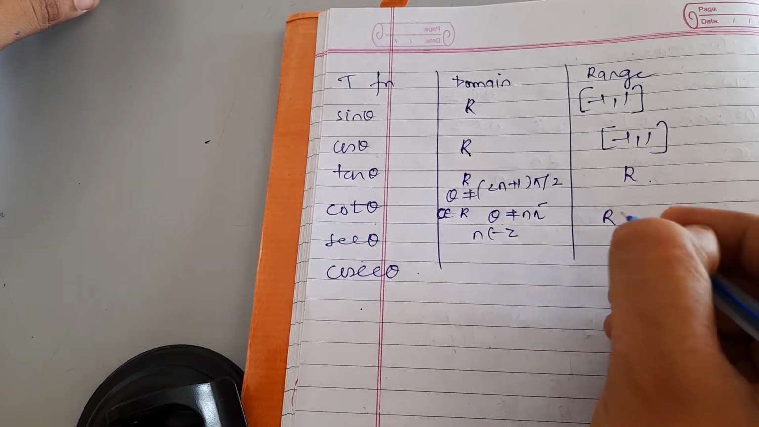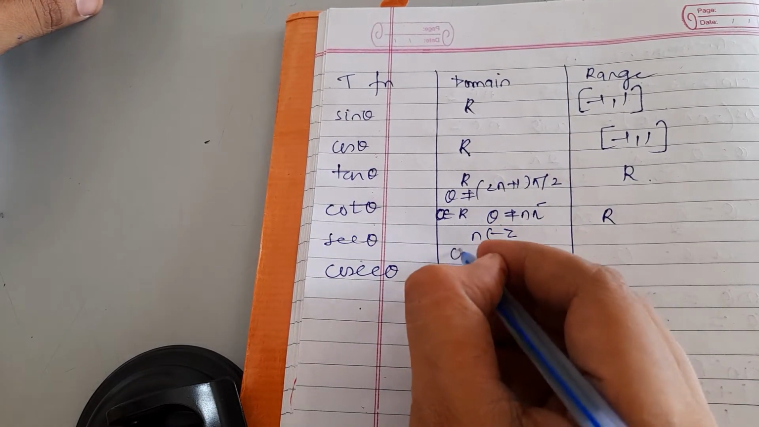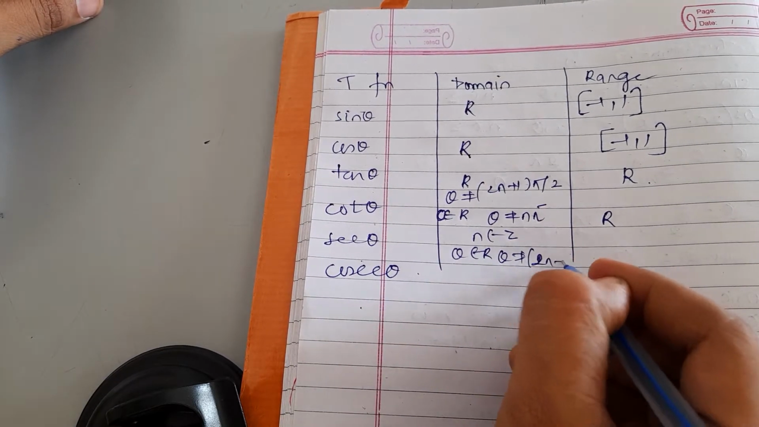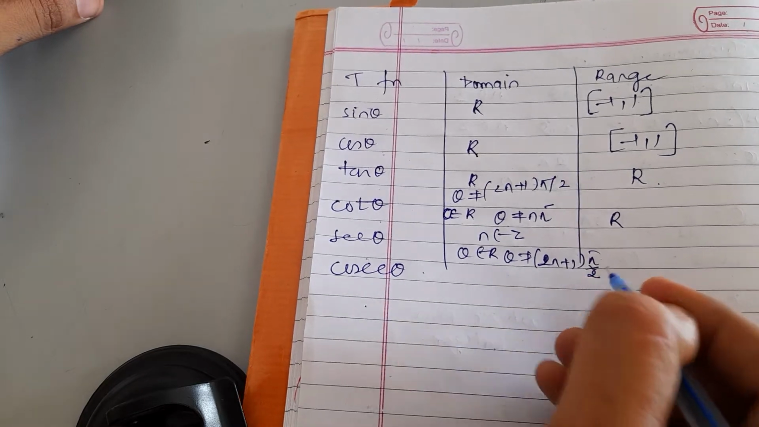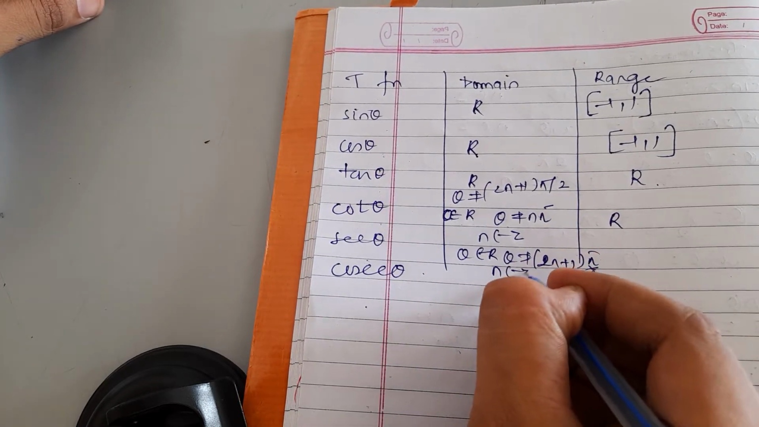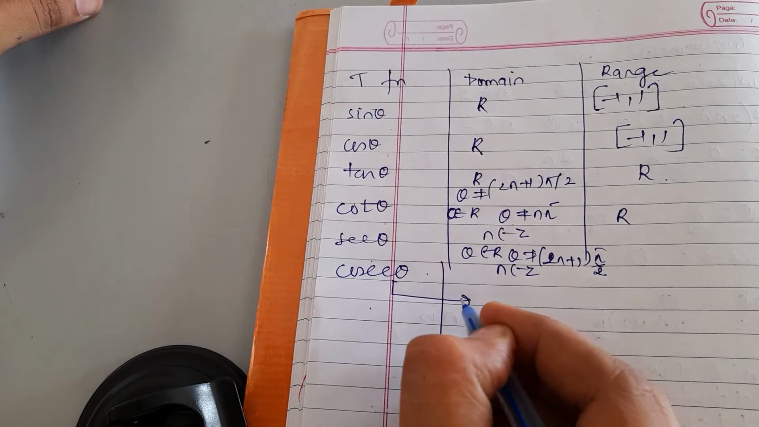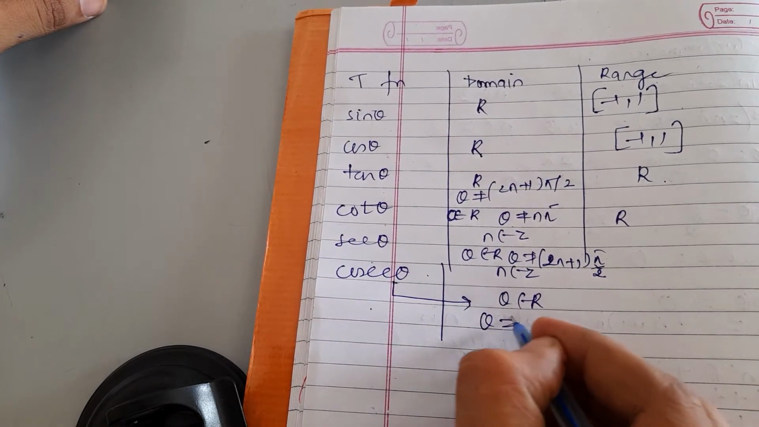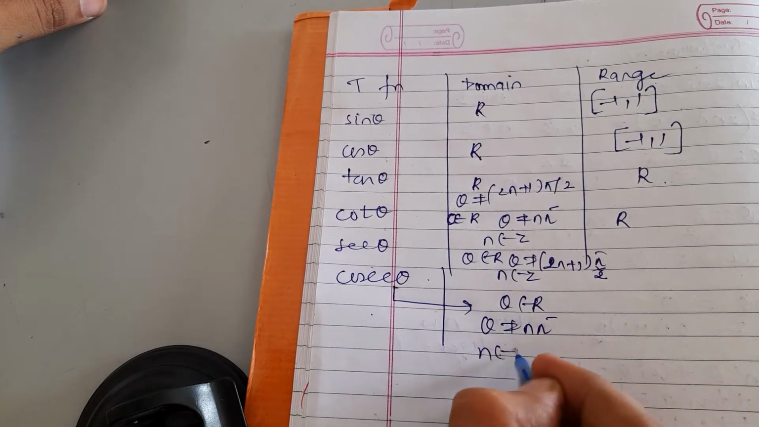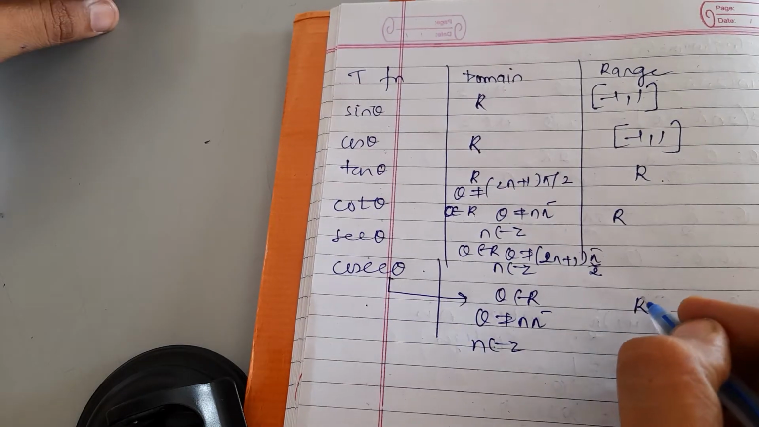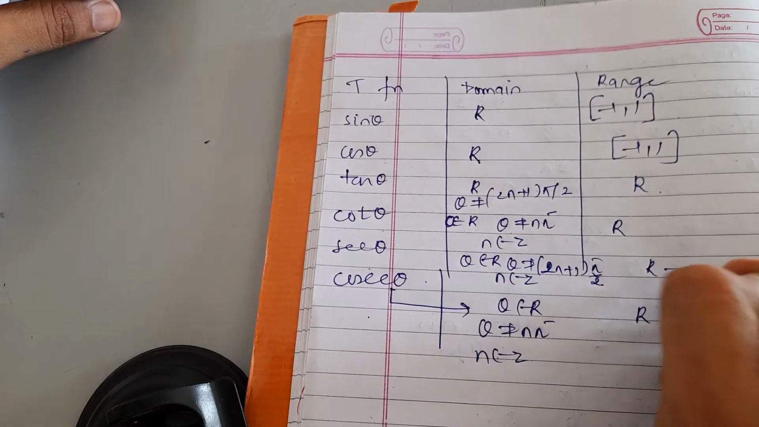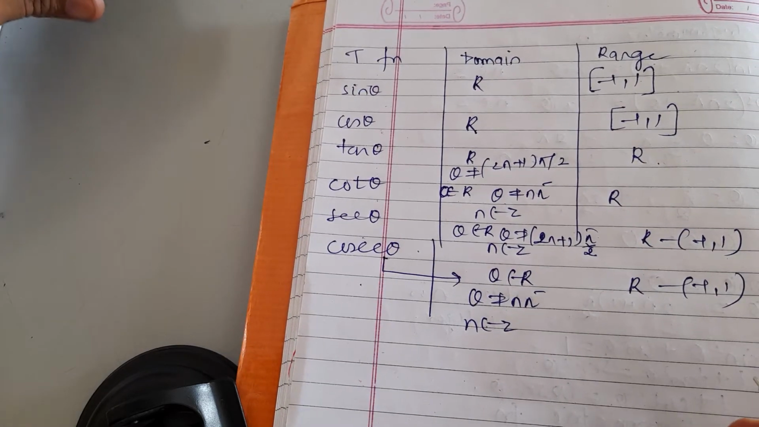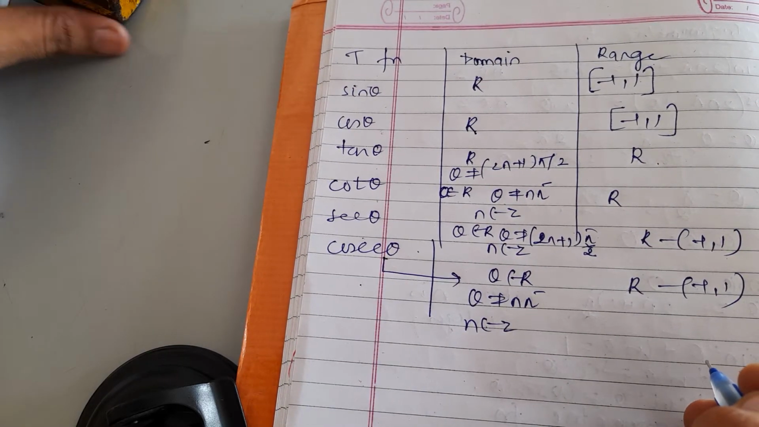The range is R. For sec θ, it is θ belongs to R, but θ should not be equal to (2n + 1)π/2. Right? And here also n belongs to Z. For cosec θ, θ belongs to R, θ should not be equal to nπ, and n belongs to Z. Range for both sec θ and cosec θ is R minus the open interval (−1, 1), right? So this you have to learn, right? Next thing